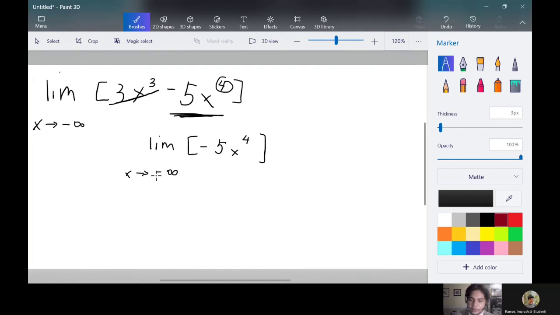And as always, we are going to change the value of x into negative infinity. We go into negative 5, change the value of x into negative infinity, raised to 4. Now we're going to simplify negative infinity raised to 4. So infinity raised to 4 is equal to infinity, or positive infinity, because